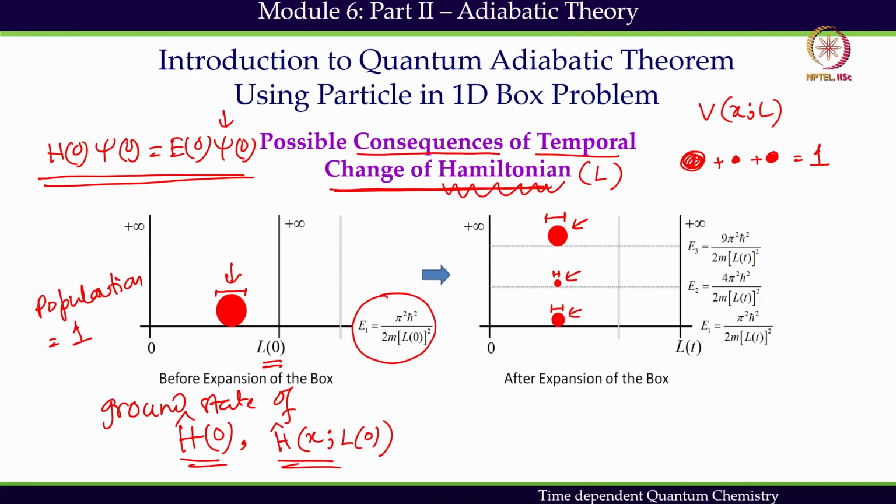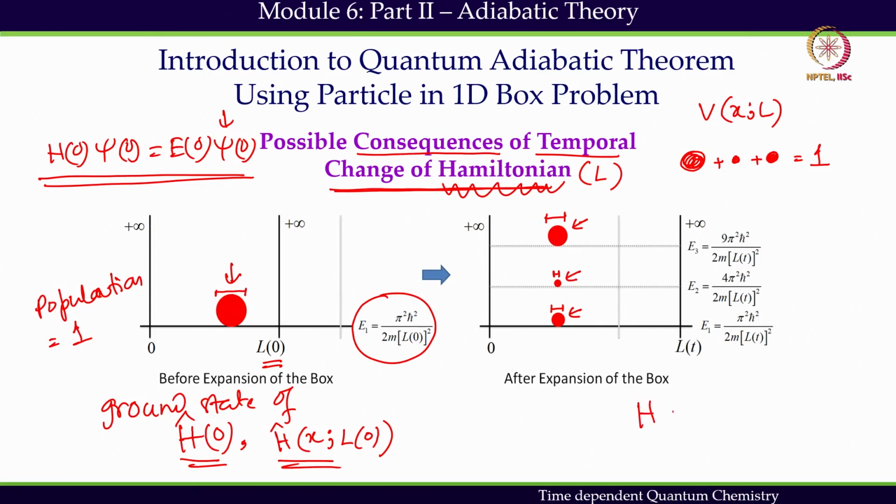So far we haven't concluded what will happen if it is an adiabatic change. We are just saying that if there is a change of the Hamiltonian, then the general consequence is that the particle may not be staying in the ground state, it can go to the excited state as well, and there can be a development of population in states other than the ground state of the final